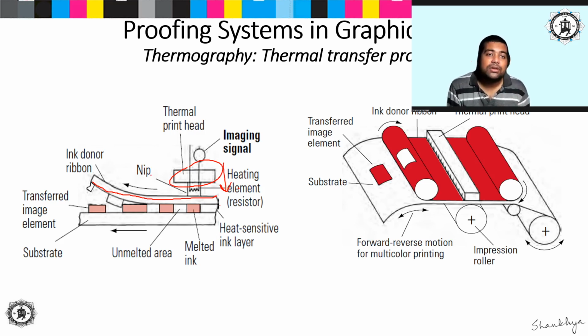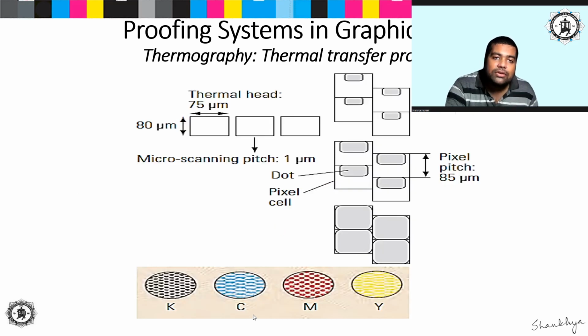So depending upon the number of print head elements per unit area, the resolution of this type of printer will be determined. If, for example, larger dot areas are required, then the size of the dot will increase, because the total amount of ink transferred will vary as the heat applied onto the ribbon varies.